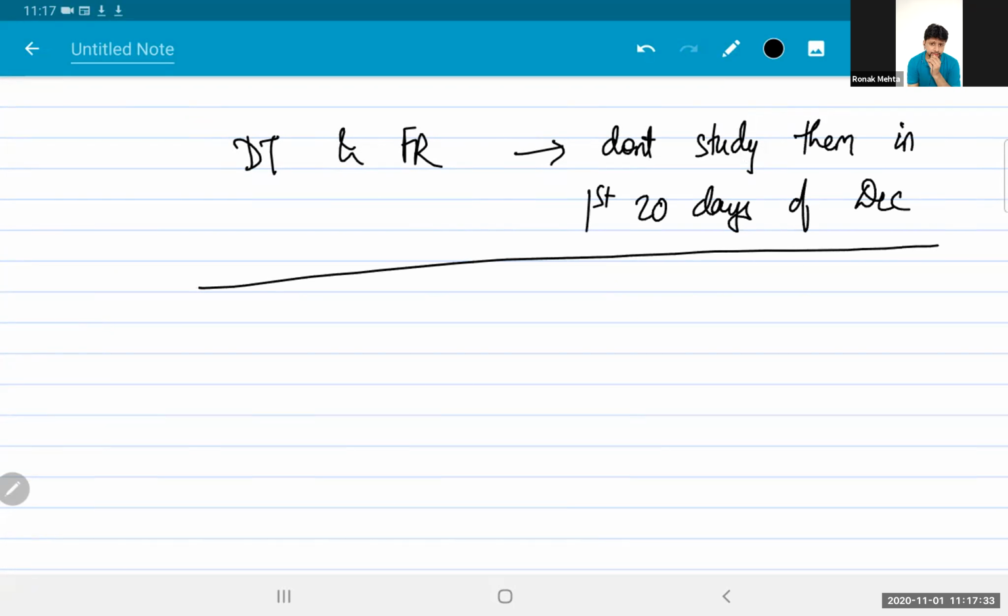After the first 20 days of December are over, as a student, you will have momentum. You would have got used to studying for 10, 11, 12 hours a day, 11 and a half hours a day. Now comes the time when you are going to study for, let's say, 11 and a half hours without any problem, because your body and mind have been toned to that extent. Okay, I have to study. I have to sit from 7 to 10, no distractions, because I am going to have a proper 1.5 hour break.